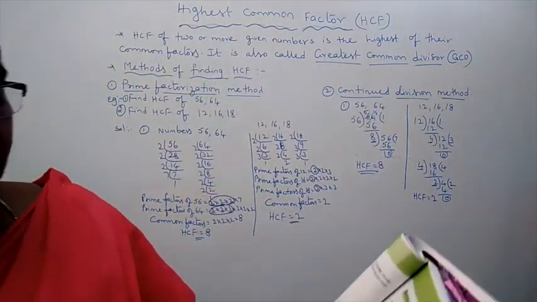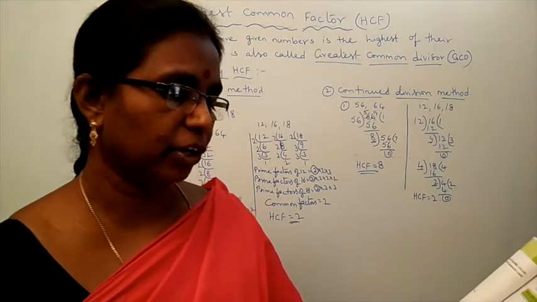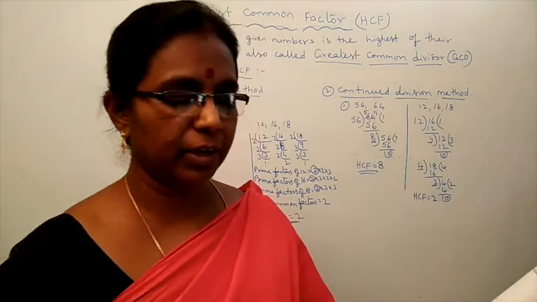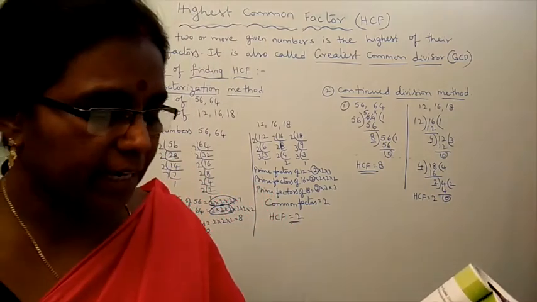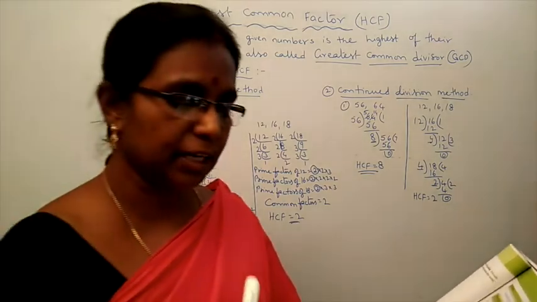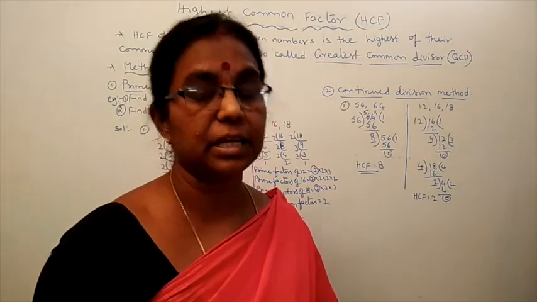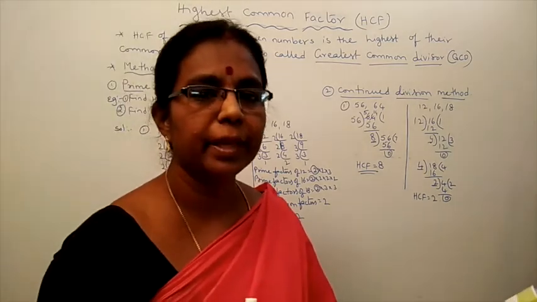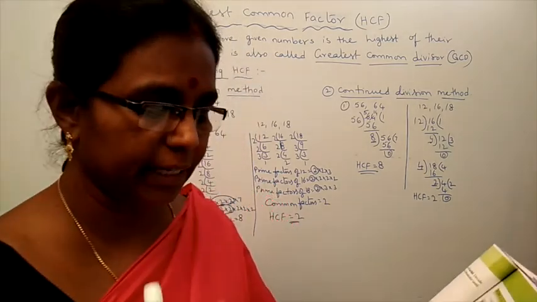Next. Find the largest number which is a factor of each of the numbers 504, 792 and 1080. Find the largest number which is a factor of each number. Now it is a common factor, so there are many factors. But we want to find the largest factor. That means we have to find the HCF of those 3 numbers.